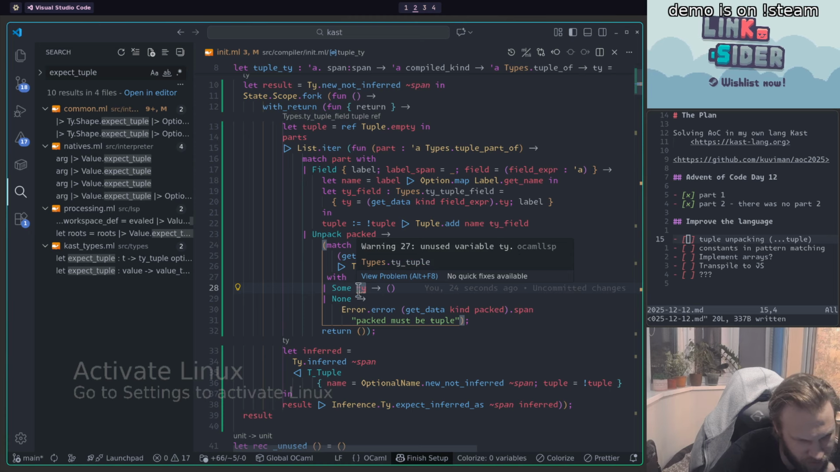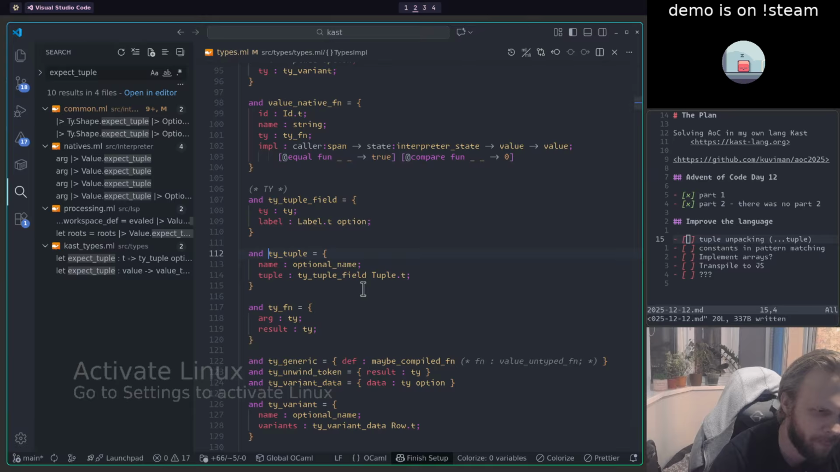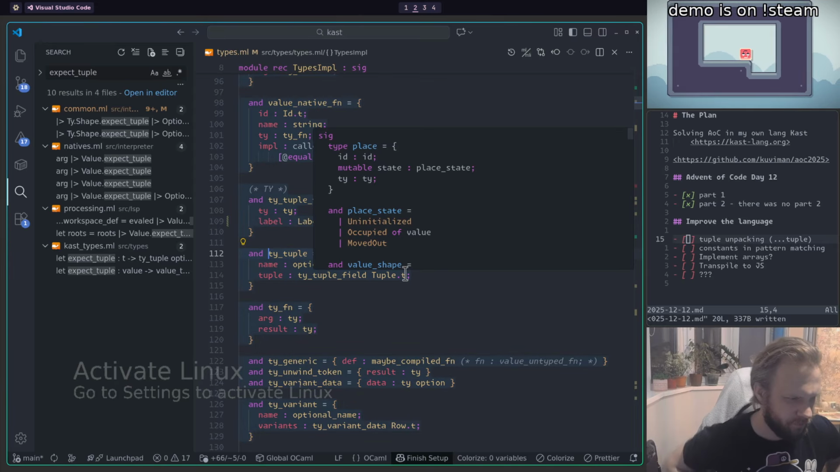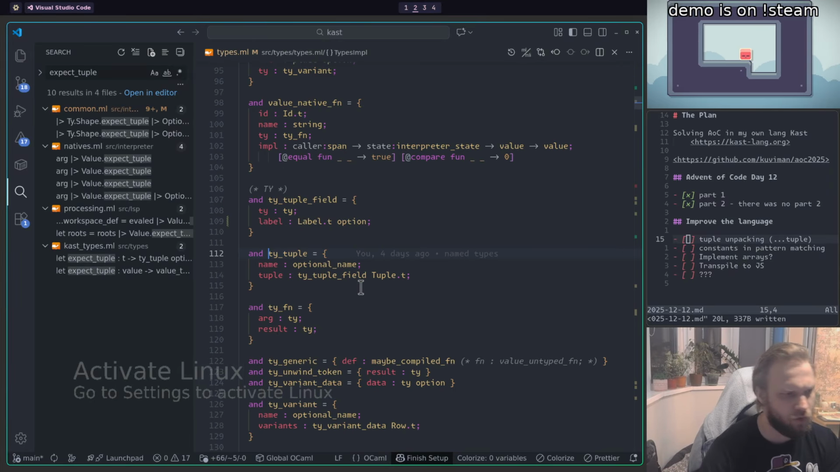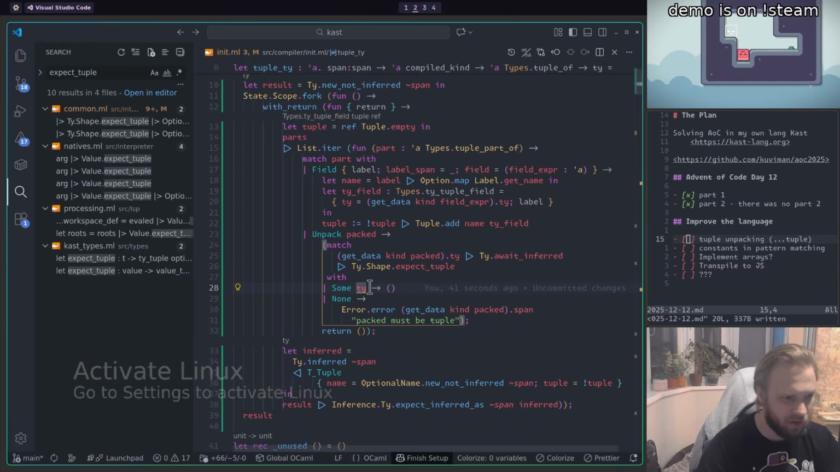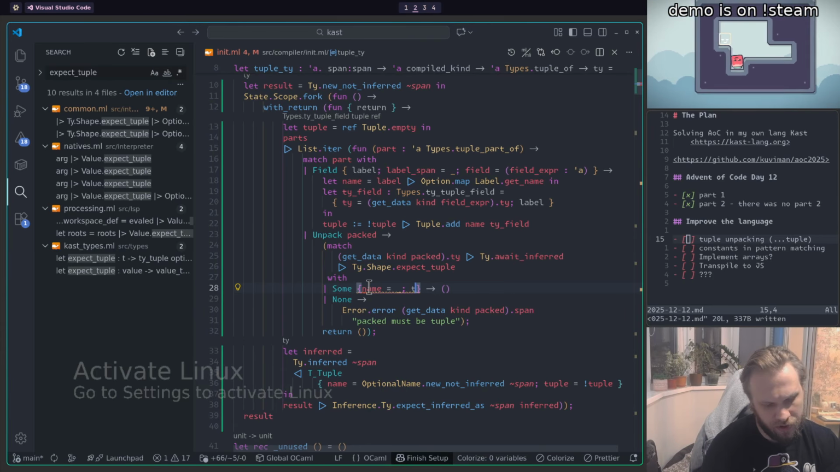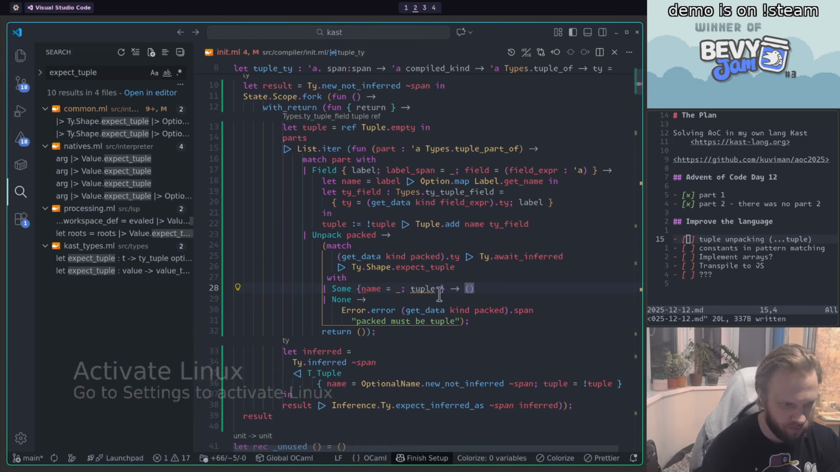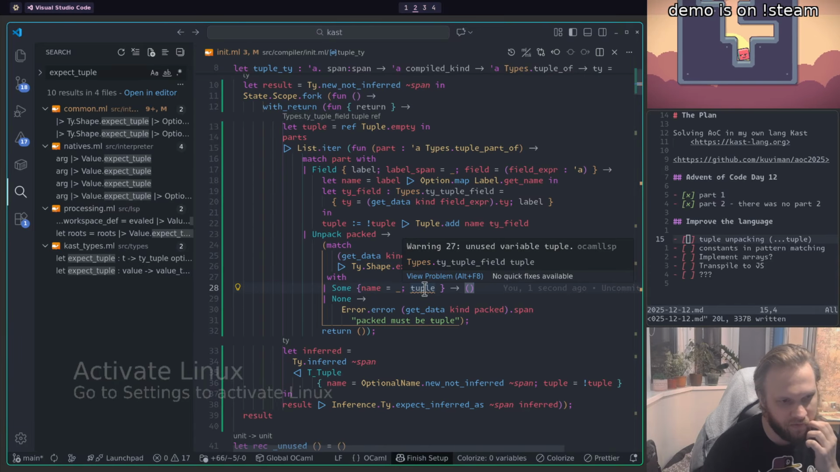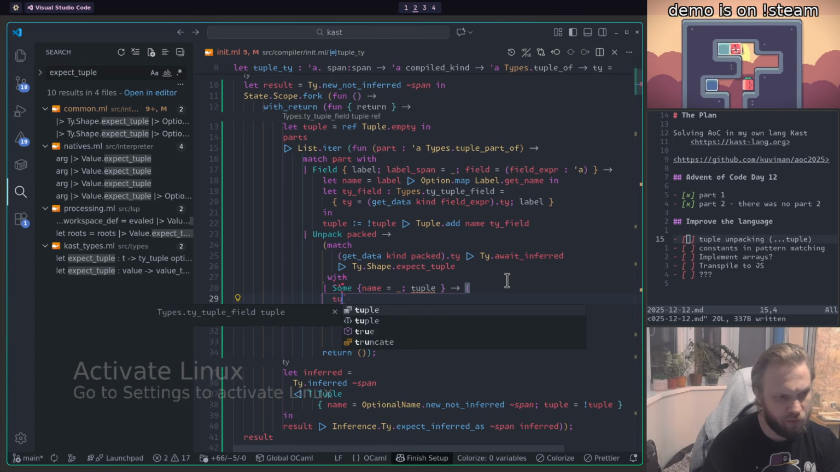Here. So yeah, we have the type. This is the type tuple. And then we just need this tuple to be unpacked, right? So I guess name can be ignored here. We have the tuple, which is a tuple of the fields. Okay, so I just say tuple